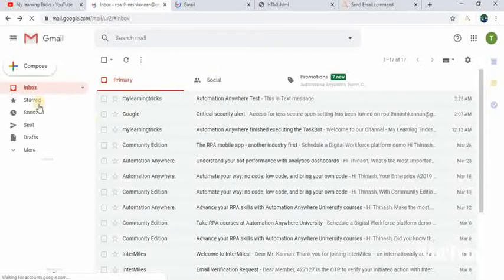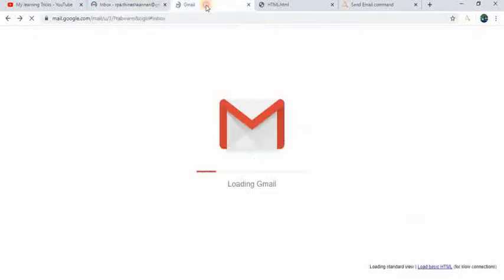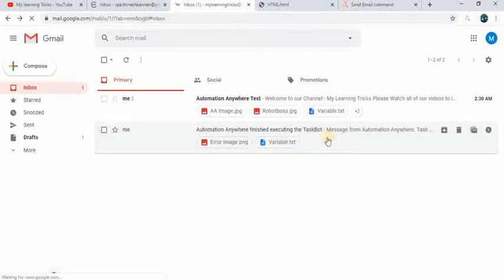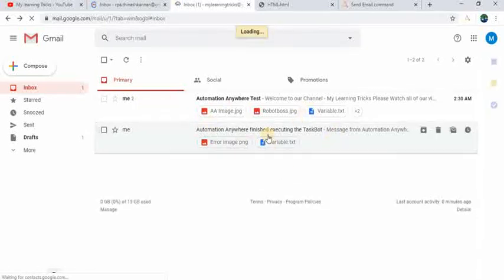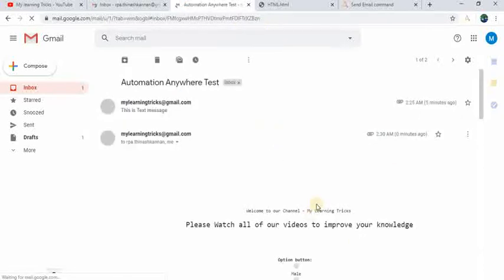Yes, the task is completed successfully. Loading the Gmail. Perfect. Now we have received the email with the HTML text.